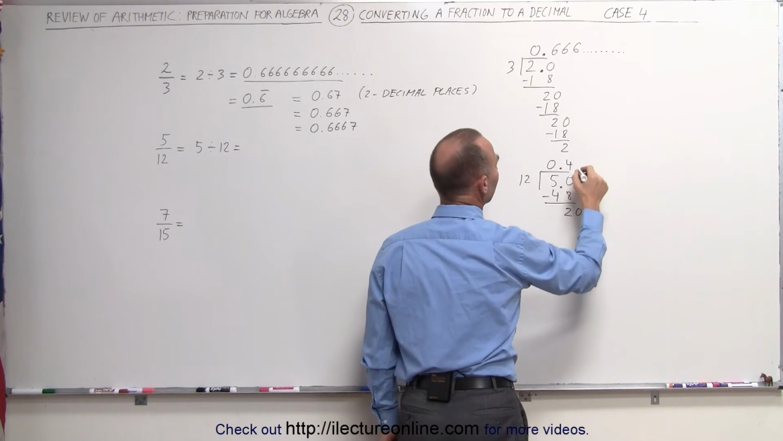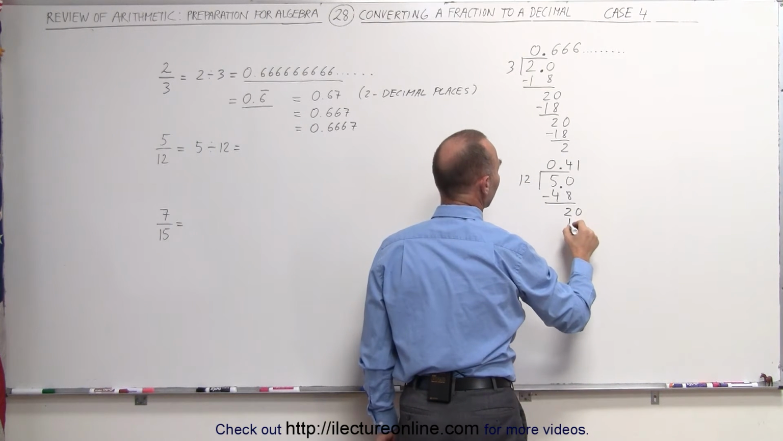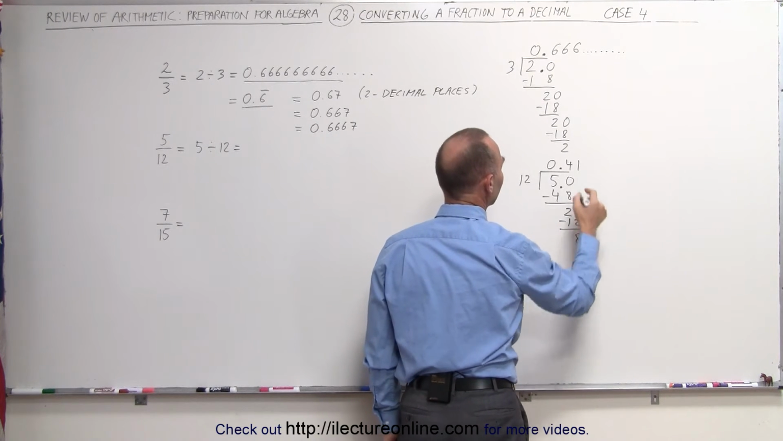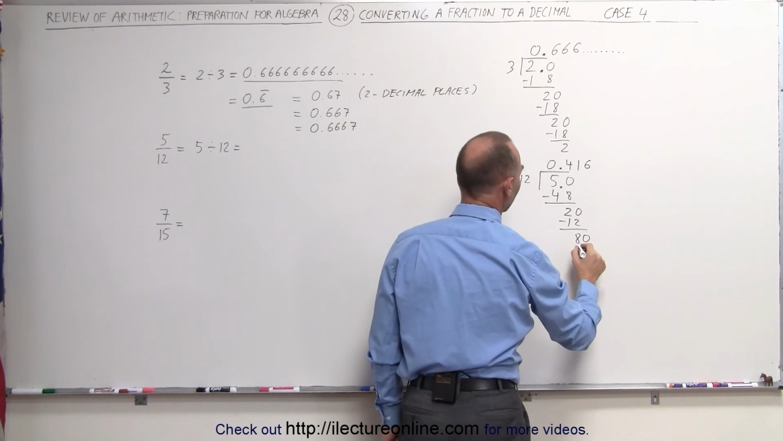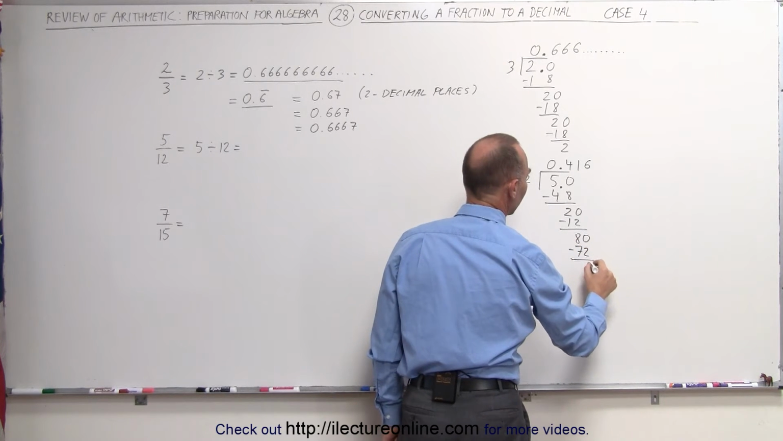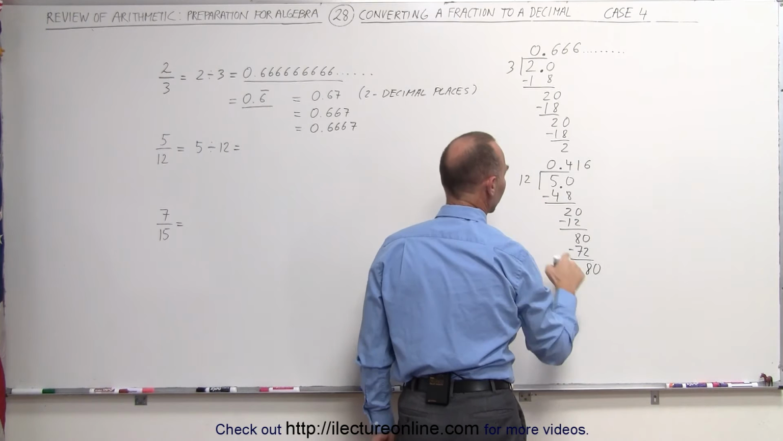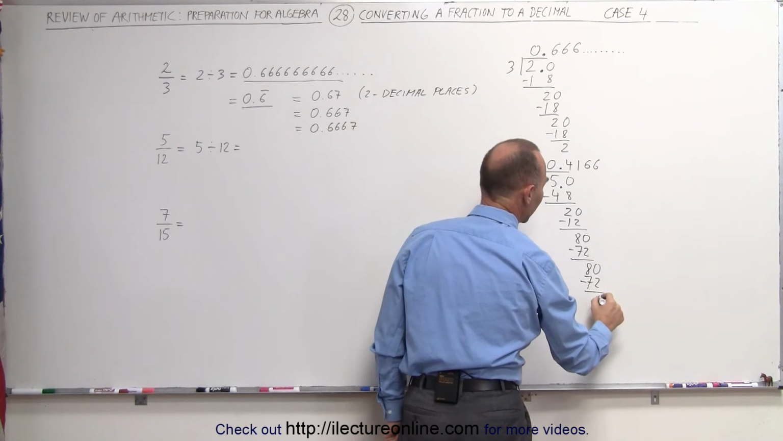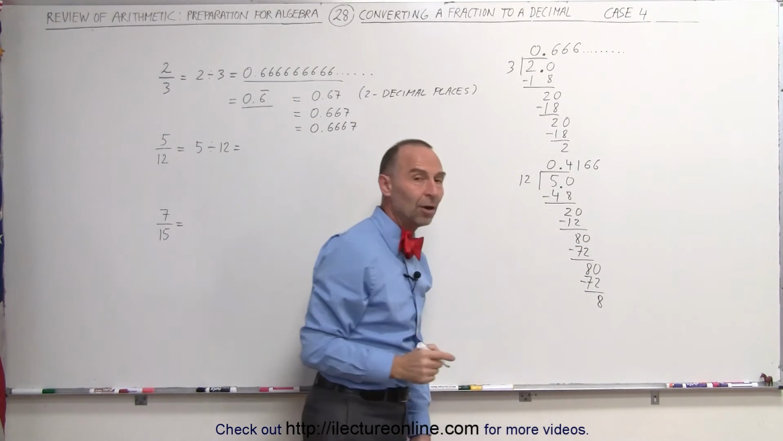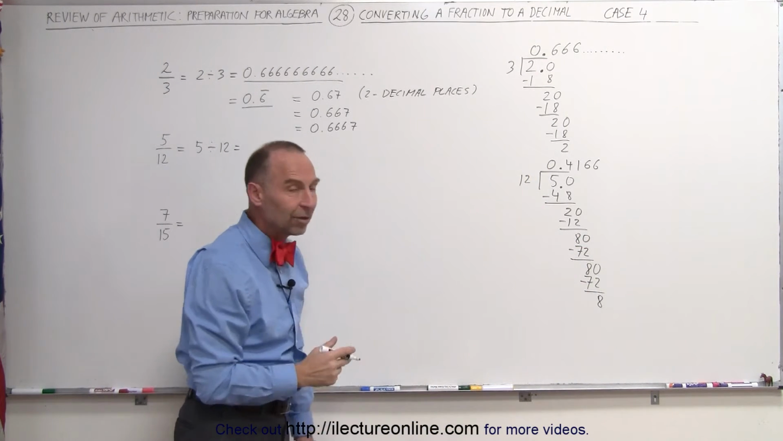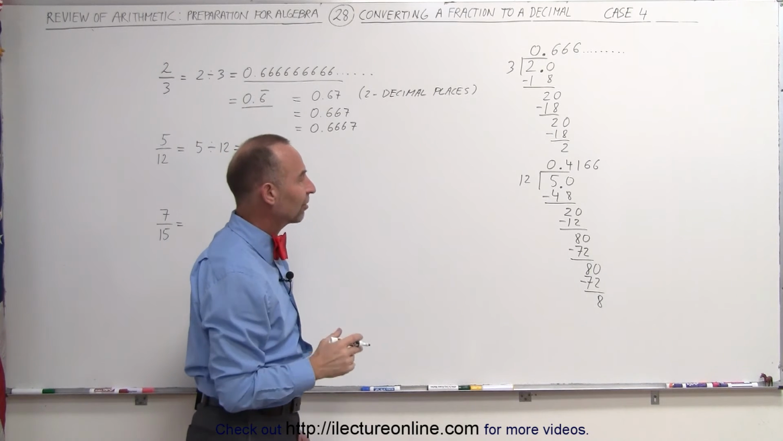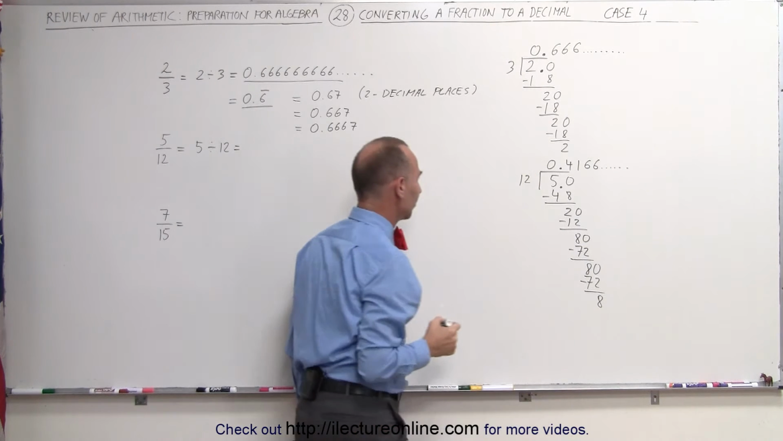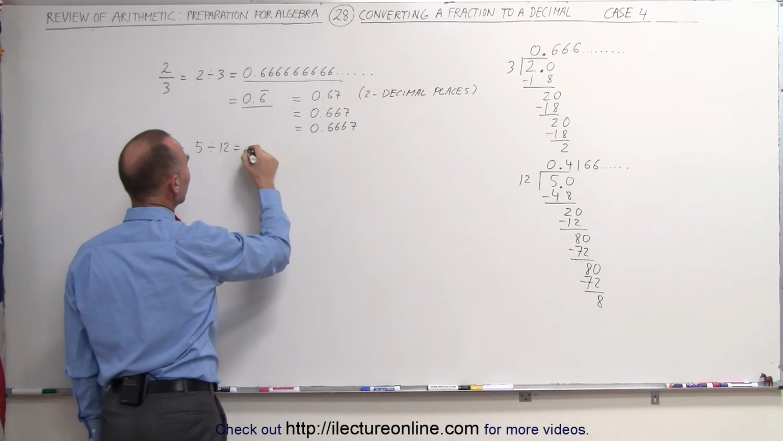12 goes into 20. That would be 1 time. 1 times 12 is 12. Remainder is 8. Drop down a 0. 12 goes into 80 6 times. 6 times 12 is 72. Remainder is 8. Drop down a 0. 12 goes into 80. 6 times 12 is 72. And again, here you begin to see a pattern. Every time you're going to end up with a remainder of 8. You add a 0, and it will fit in there 6 times. And you can see that we're going to get a continuous stream of 6's, which means that this can now be written as